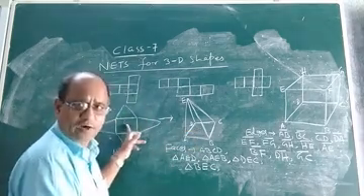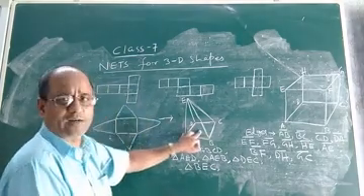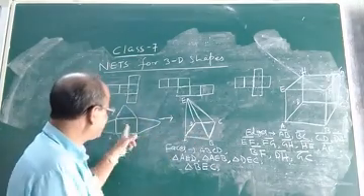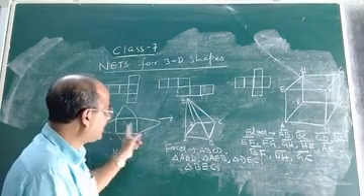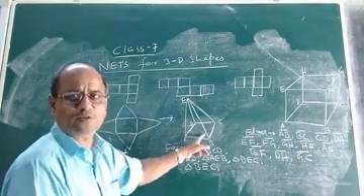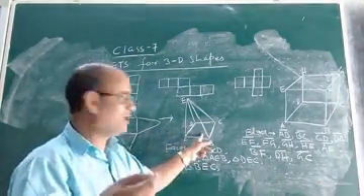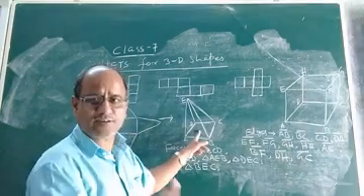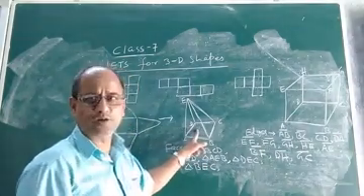You see, this is the net of the solid. And if this net is folded, you will get this solid. That means this figure is the net of this solid. And what is the name of this solid? Do you know? You will be interested to know what is the name of this solid.